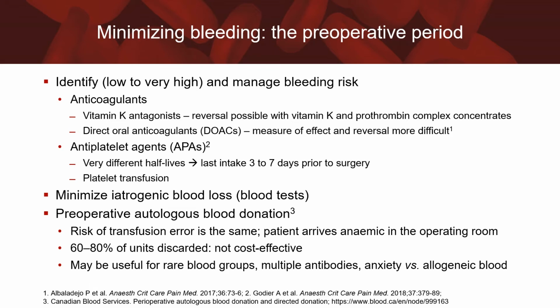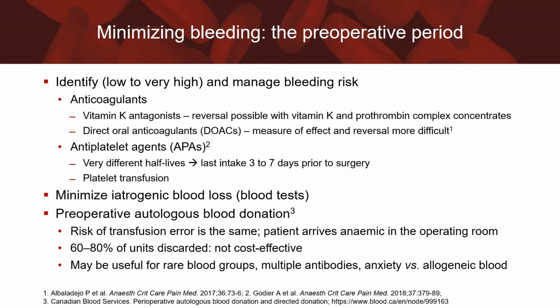We want to minimize iatrogenic blood loss by avoiding unnecessary blood tests, and we can use preoperative autologous blood donation. A measure which was extremely popular 20 to 30 years ago has now been largely abandoned because the risk of transfusion error is the same, since the blood bag will go to the blood bank. The patient arrives anemic in the operating room. A high percentage of units are discarded, so the measure is not cost effective. However, it may be useful for some rare blood groups, patients with multiple antibodies, and patients who are extremely anxious